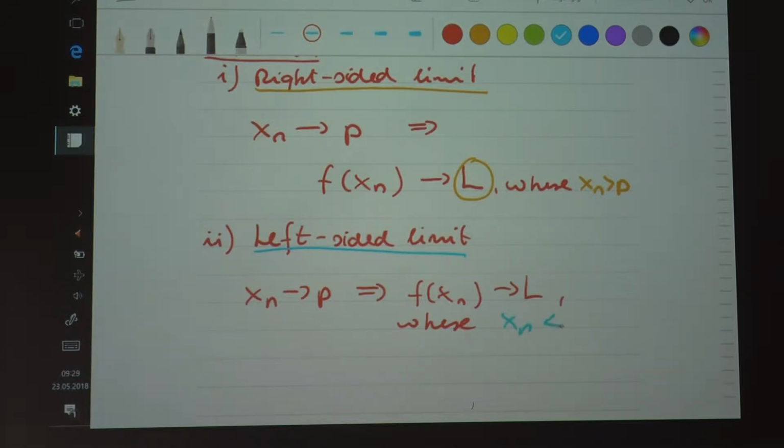xn is less than p, then we talk about the so-called left-sided limit. So xn approaches p from the left here, in this case. In the second case, xn approaches p from the right. These two can be different. So let's say the left and the right-sided limit